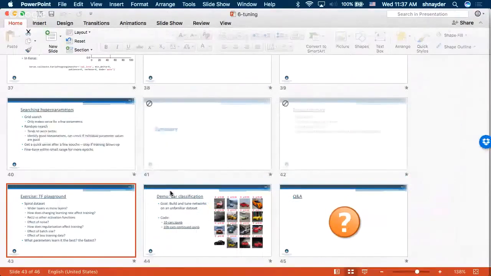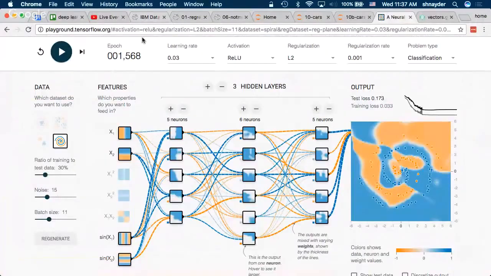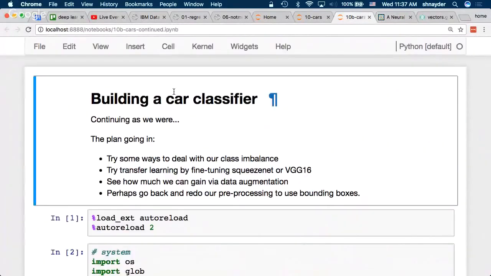Now, fine. So for an example, let's look at some code.